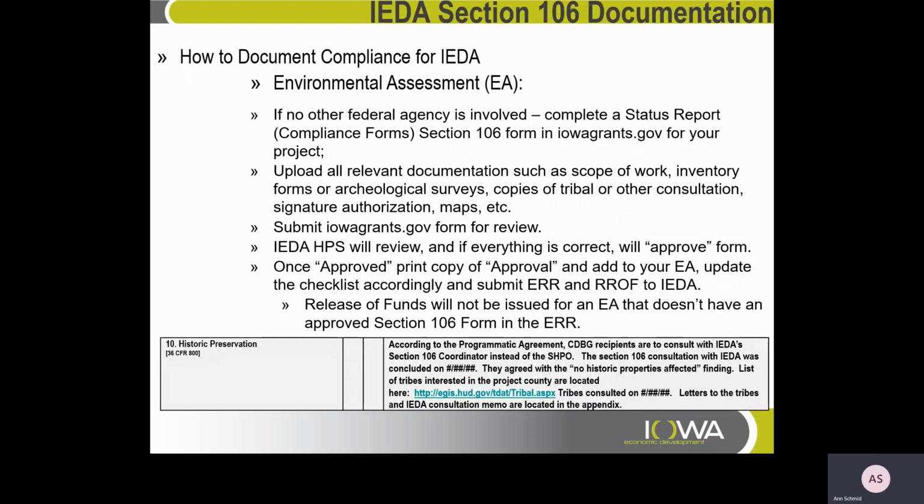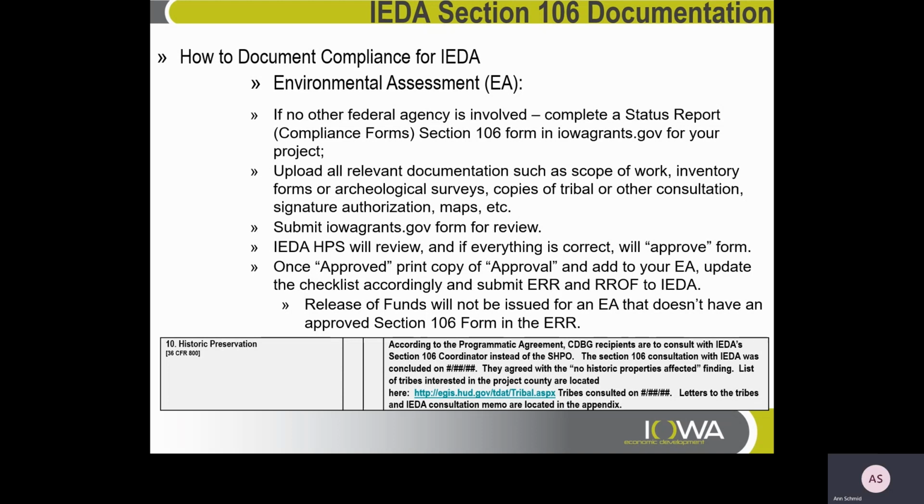If no other federal agency is involved, you're going to need to complete a status report known as compliance forms in iowagrants.gov. You'll open a Section 106 form. You'll upload all of your relevant documentation that we've talked about, such as scope of work, inventory forms or archaeological surveys, copies of tribal or other consultation, signature authorization to ensure that I know that you have the authority to make that submittal on behalf of the responsible entity,